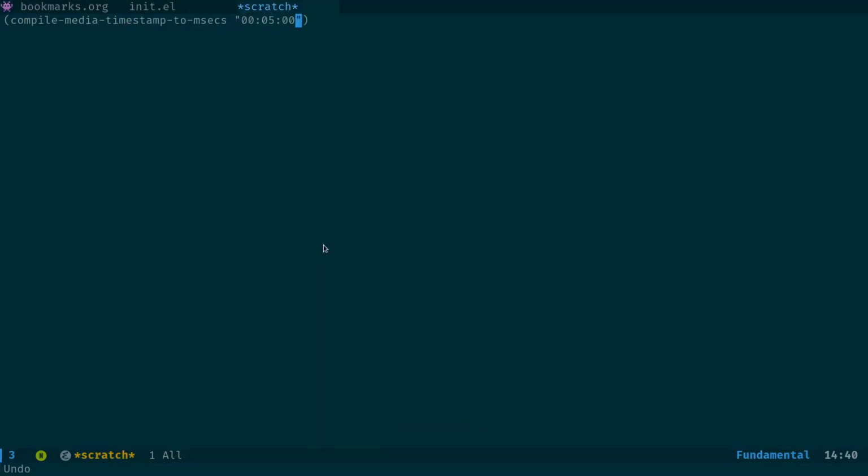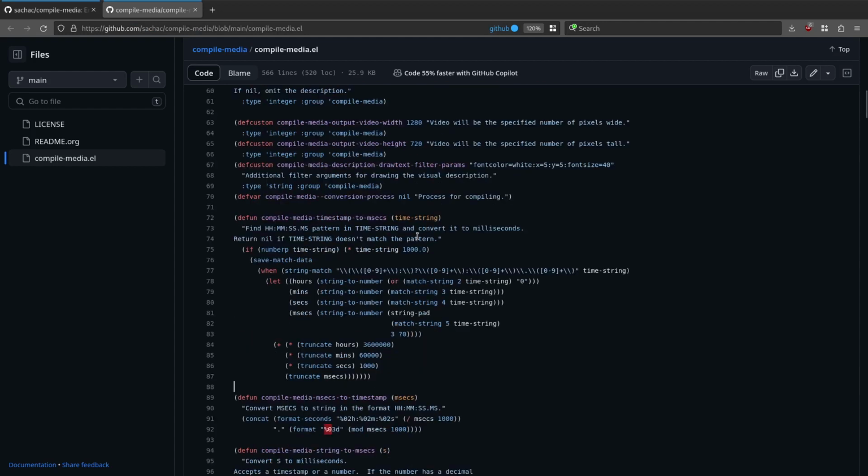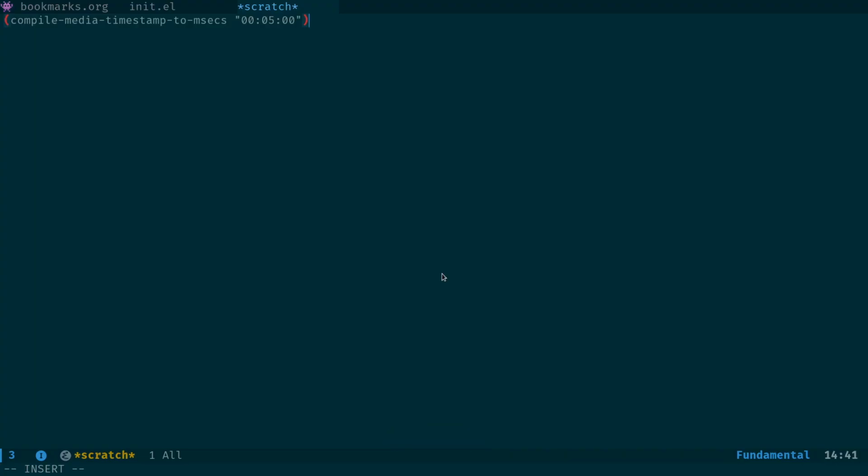So what am I missing here? I'm probably doing something really stupid. But just looking at the code, not knowing any eLisp at all, I'm just presuming here we got the time string. Does that need to be? Sometimes you forget the actual format things need to be in. But anyway, that was just a quick example when I couldn't actually get the code to work,